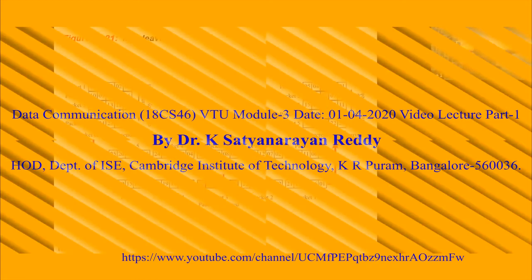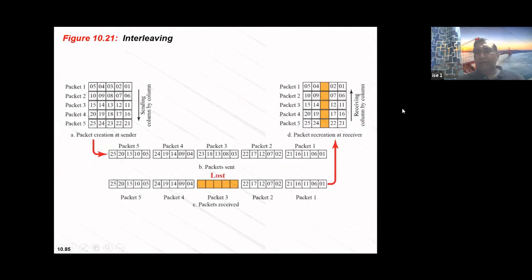Yesterday we had seen this particular way of representing things: this is packet 1, packet 2, packet 3, packet 4, packet 5. So I'm not sending packets like this. I'll be doing the packetting column wise, not row wise. Column wise means 1, 6, 11, 16 is going as the first packet.